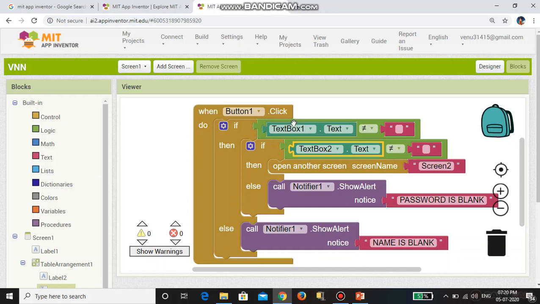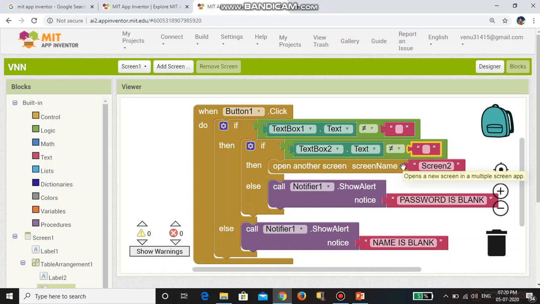If it is not empty, then we want to check text box 2, which is the password. We test whether the password is empty or not by using this condition statement.